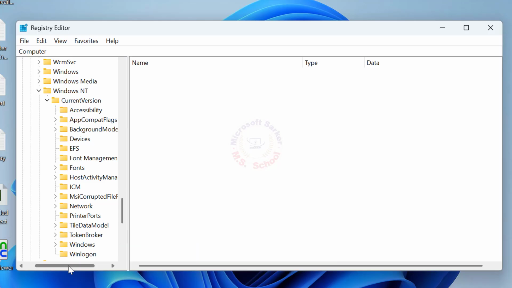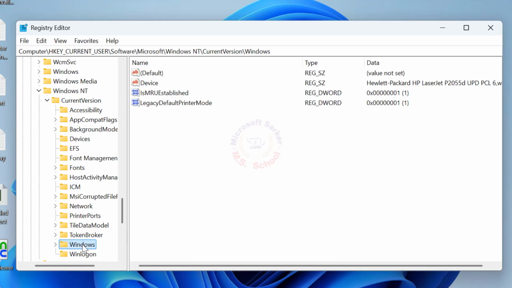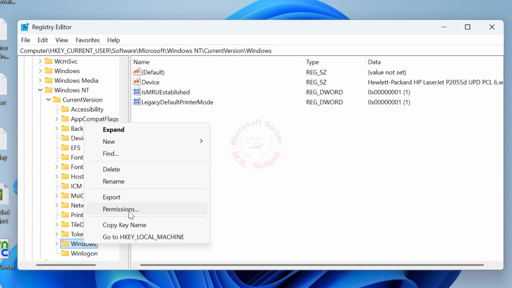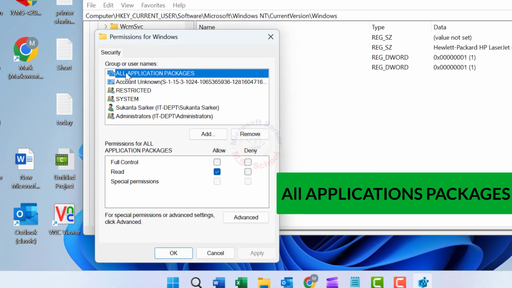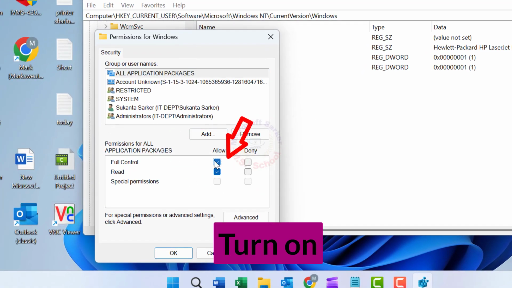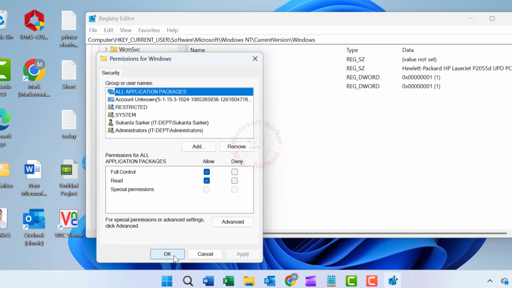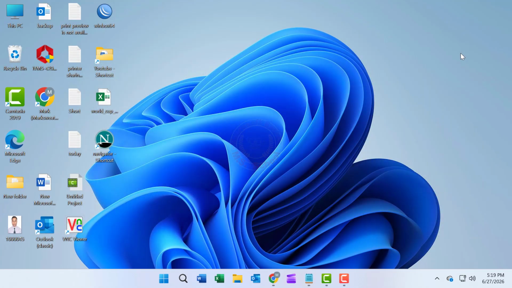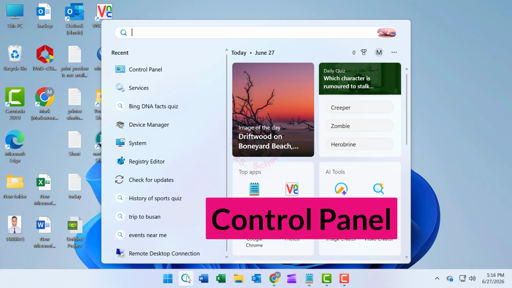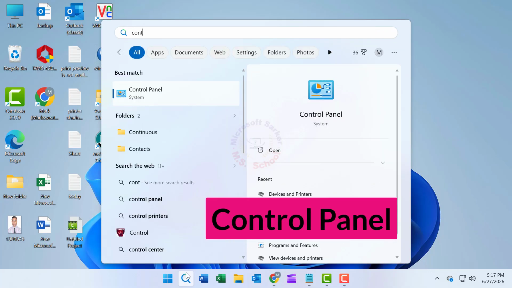Select Windows and right-click on it and choose Permissions from the context menu. Then select All Application Packages and turn on Full Control. Click Apply and OK. Press the Windows key and type in Control Panel and click on Control Panel